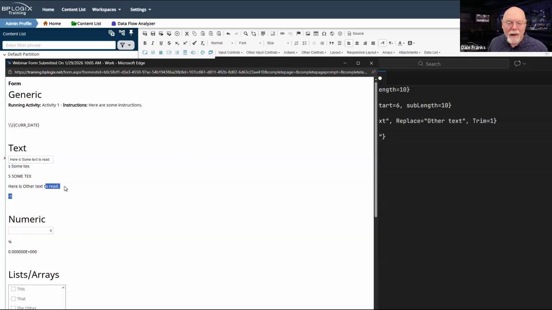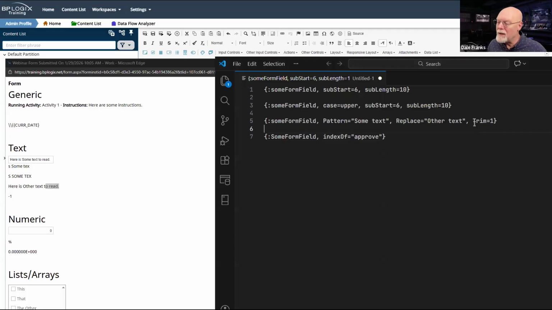I added those extra spaces because I don't really want them in my string. And so there is a trim modifier, which will pull out any trailing spaces. Trailing spaces are often a problem whenever you're trying to do text comparisons.